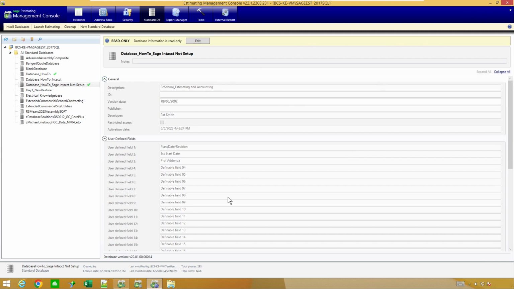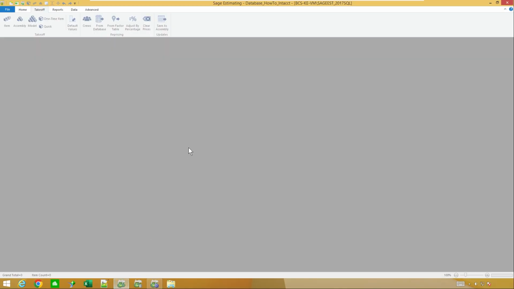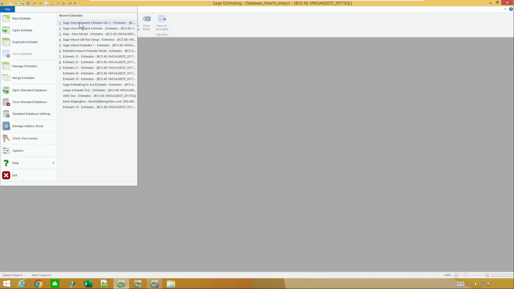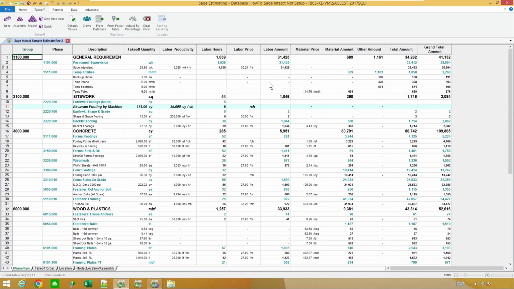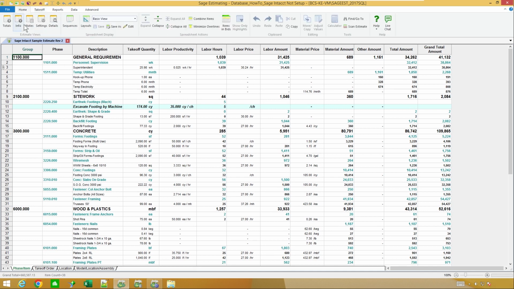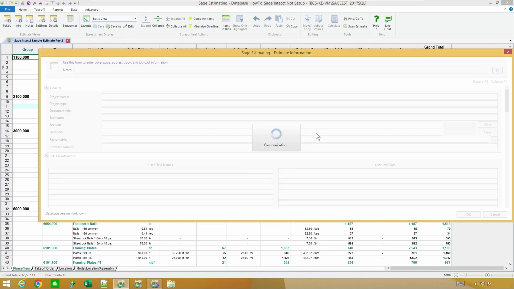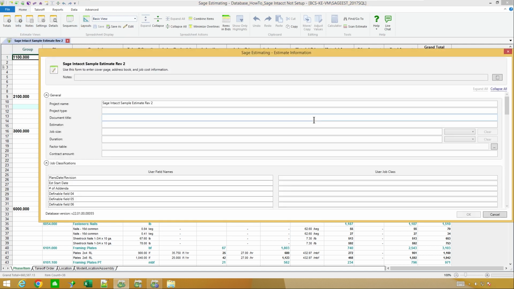So I'm going to go ahead and get out of this and go back into my estimating and open that same estimate back up that we were just looking at. When I'm looking at this estimate, there are a few things that I need to do to it. One of them is almost the same thing. If I go and look at my home and info, if I build an estimate after I change the database, it would at least know about the right accounting system and things of that nature.